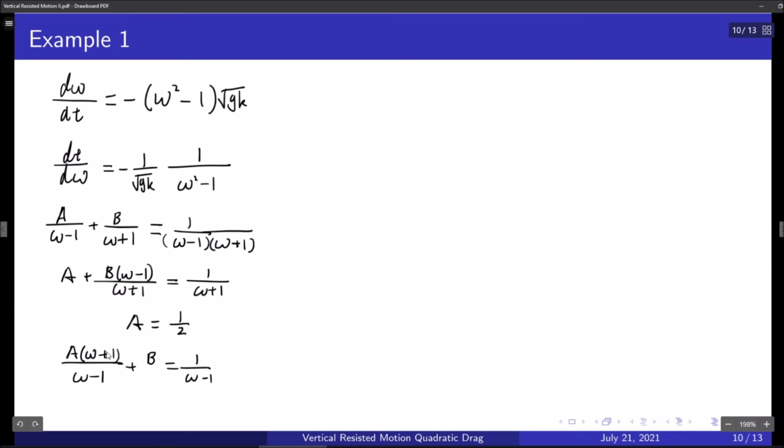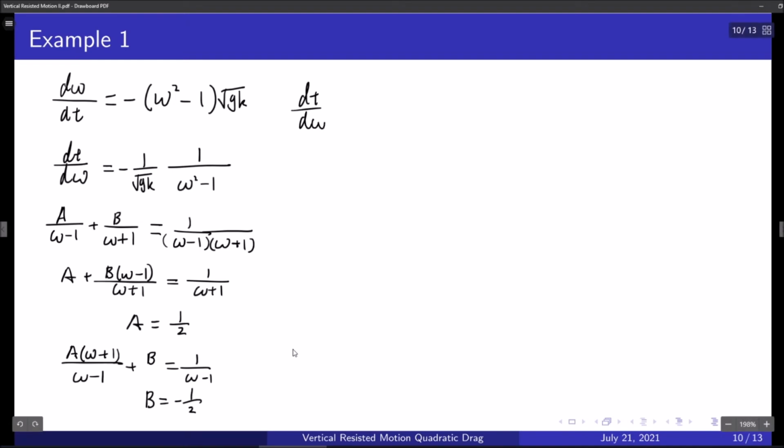So when omega equals minus 1, this a disappears, so omega has to be minus 1, so b equals negative a half. Okay, now what we can do is we just substitute everything back in, so we end up with